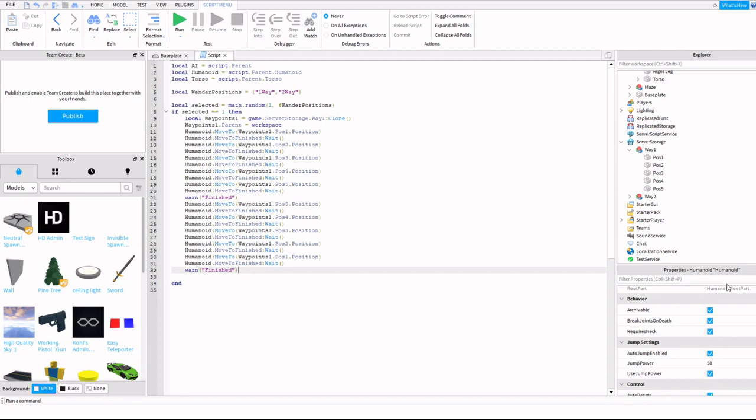Now, when that's done, you want to get rid of the path. So, waypoints 1, destroy. This will remove the copy from workspace entirely. Now it doesn't exist. So, you want to tell the script